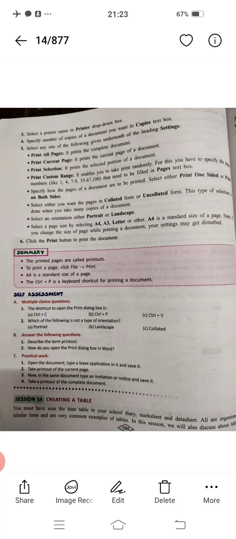Okay, after that go to self-assessment. You have to do multiple choice questions here also, and define the term printouts, which I already explained.